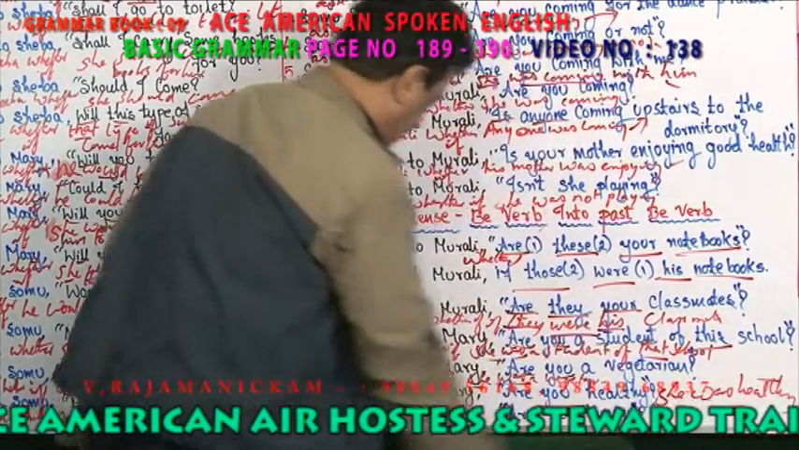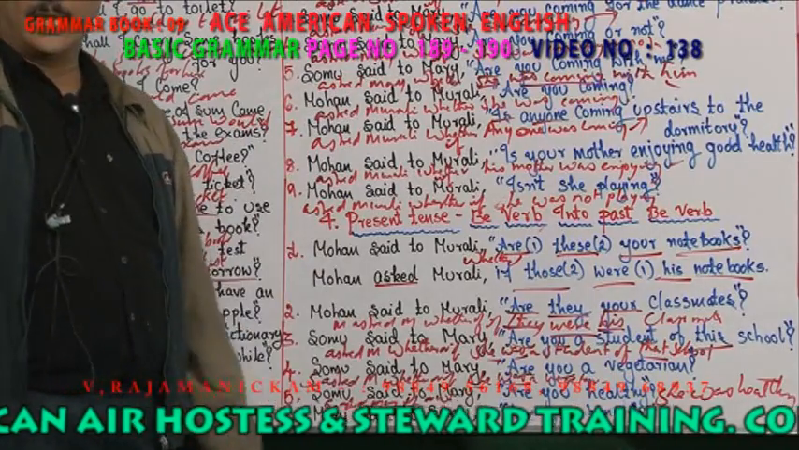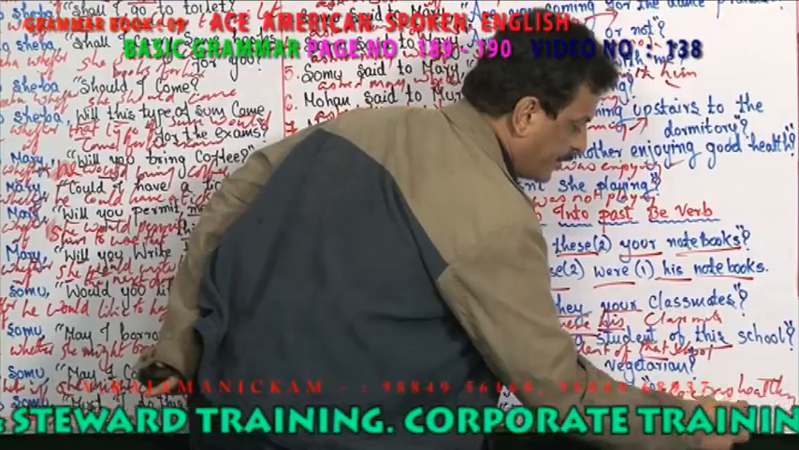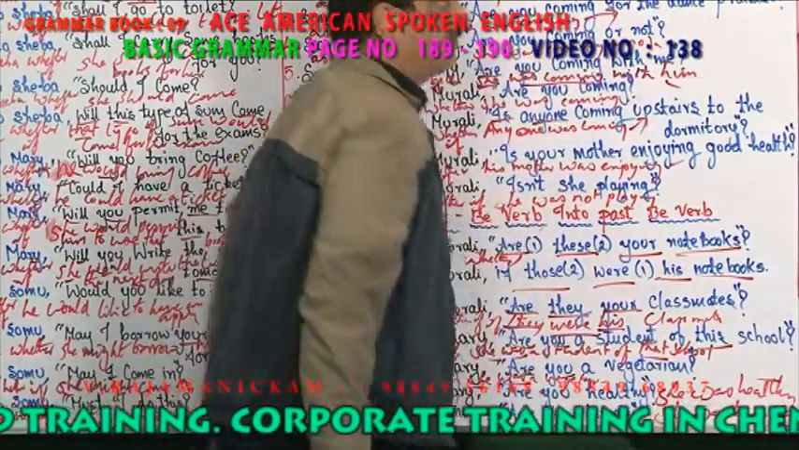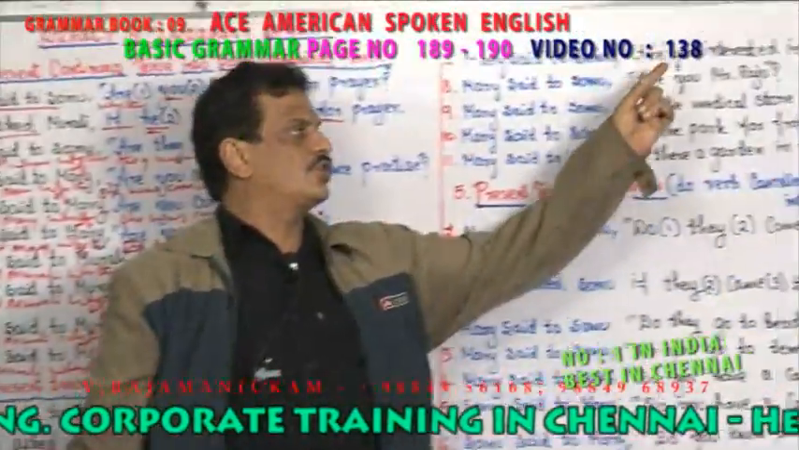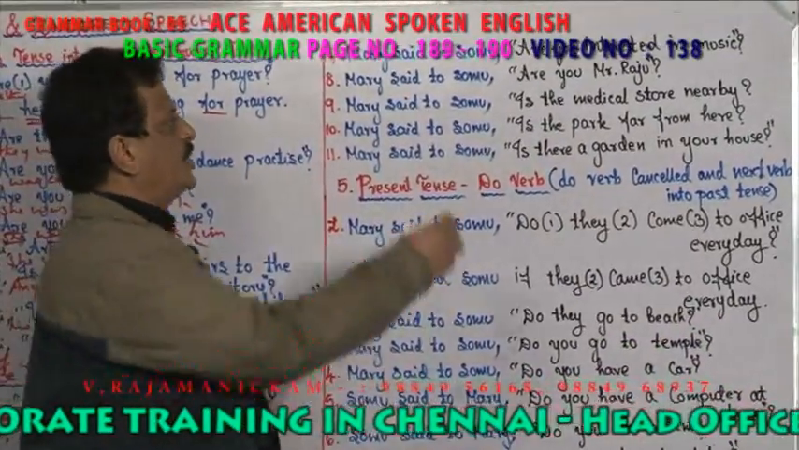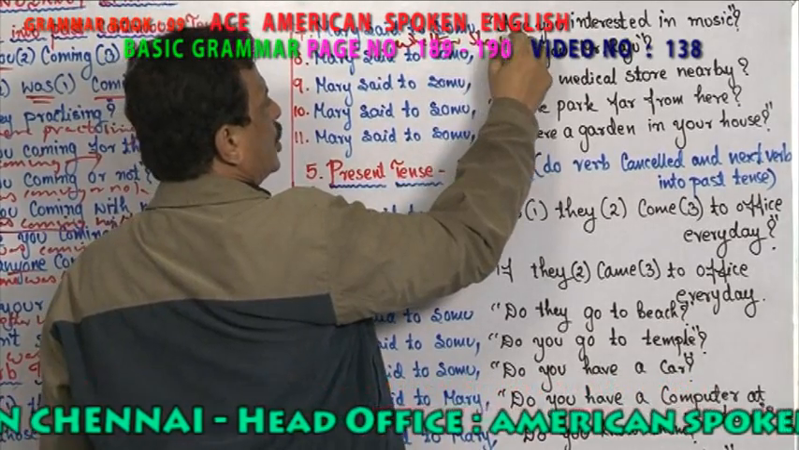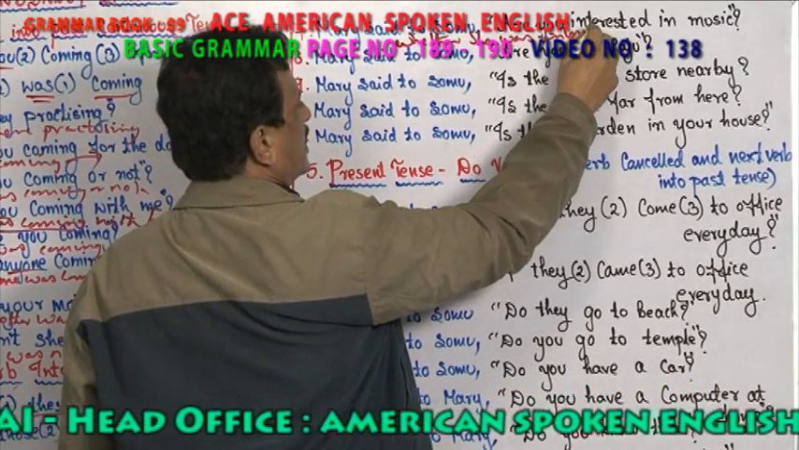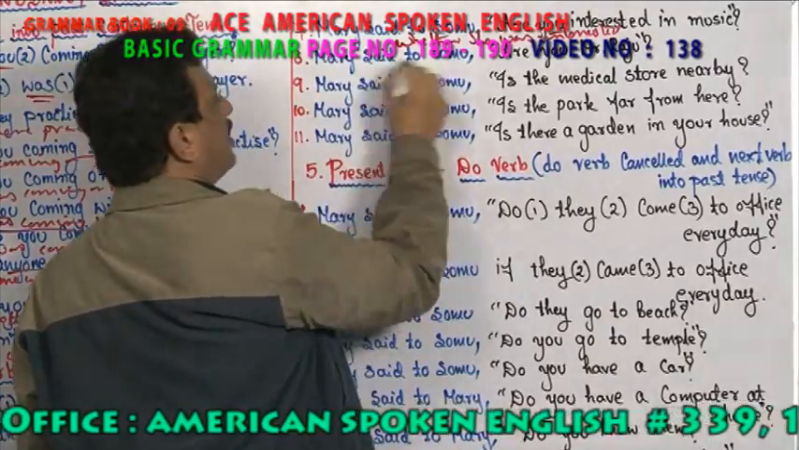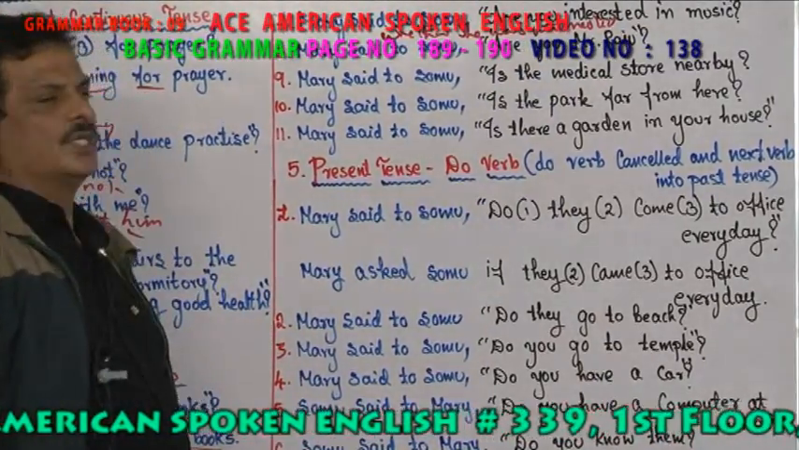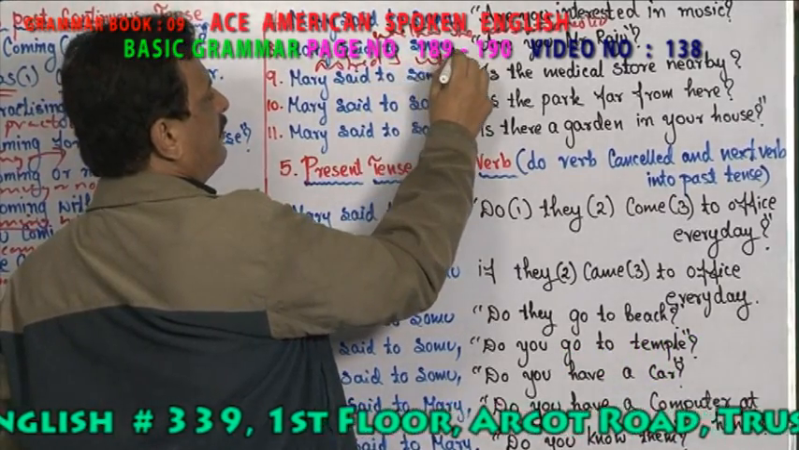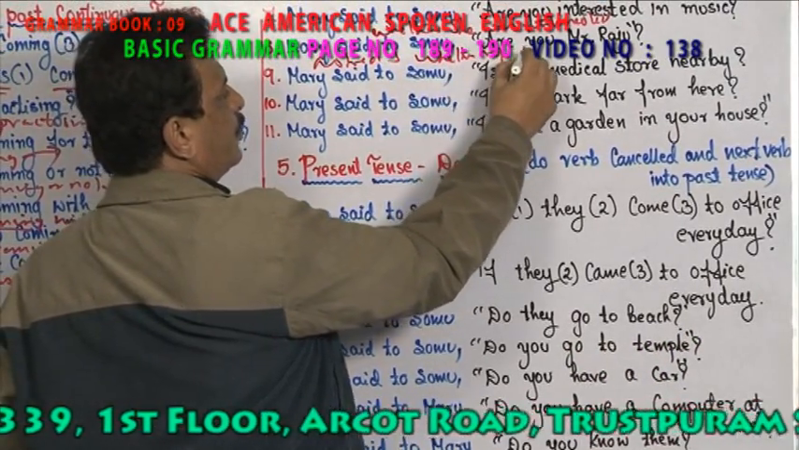Okay, next one. Mary said to Somu, are you hungry? How does it change? Whether she was hungry. You have to add whether or if. Same thing. Mary said to Somu, are you interested in music? How does it change? Whether she was interested in music. Mary said to Somu, are you Mr. Raju? So Mary asked Somu what? Whether he was